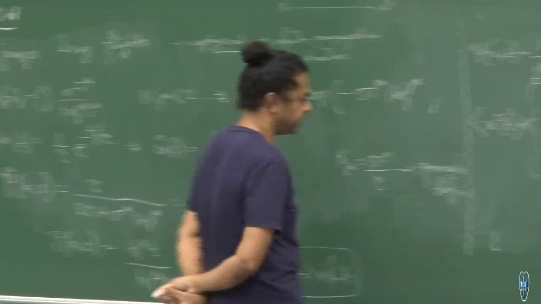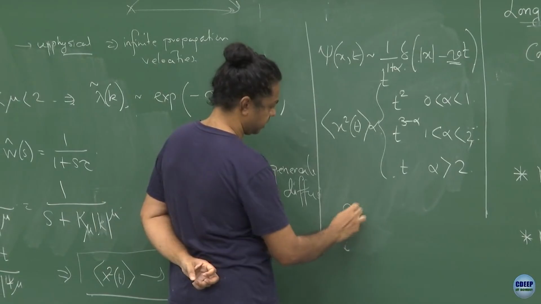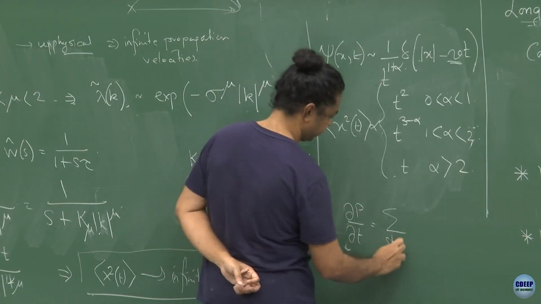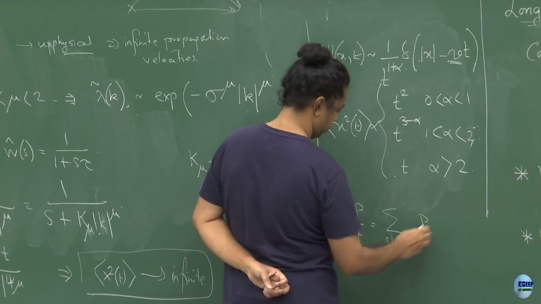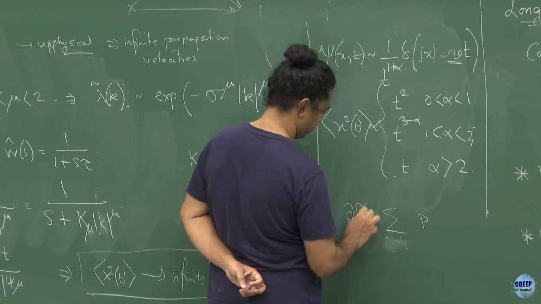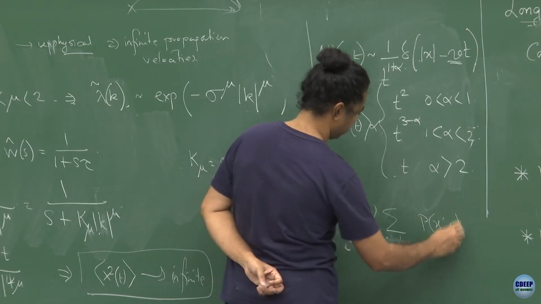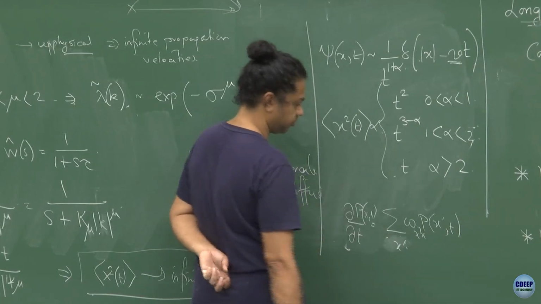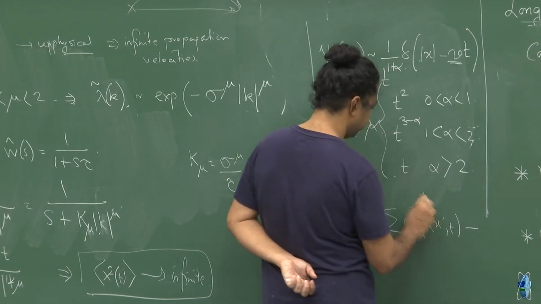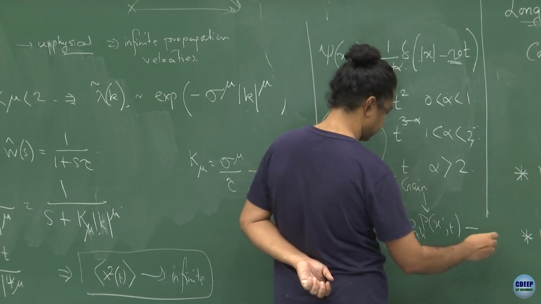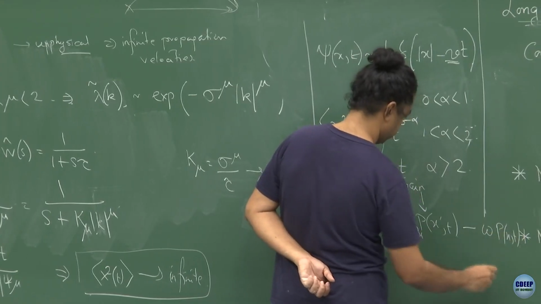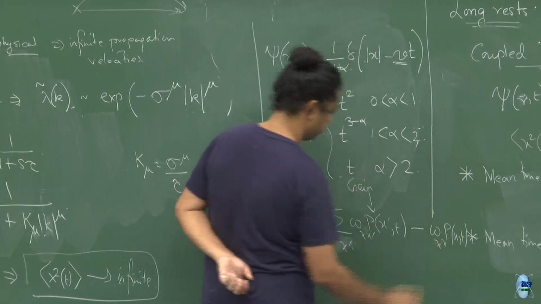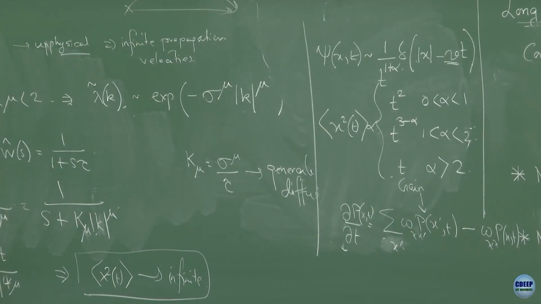It's just that, for example, when we are writing down the master equation, if you remember, something like del P del T was sum over states. So let me call it P of x comma t, P of x prime comma t, and then W of x to x prime. So this is summed over all x prime minus, so this was the gain term, and then there are loss terms. So omega P of x comma t, where I was writing from x prime to x, so from x to x prime, right. So my master equation that I had written down earlier had